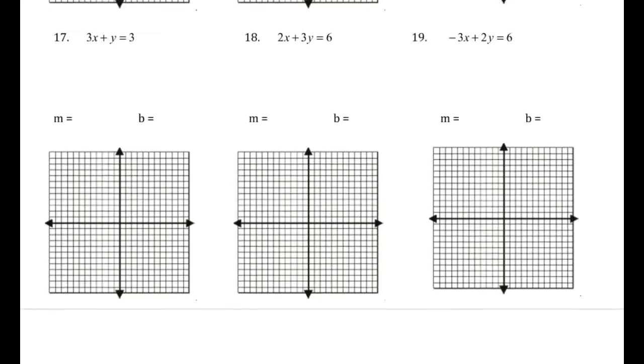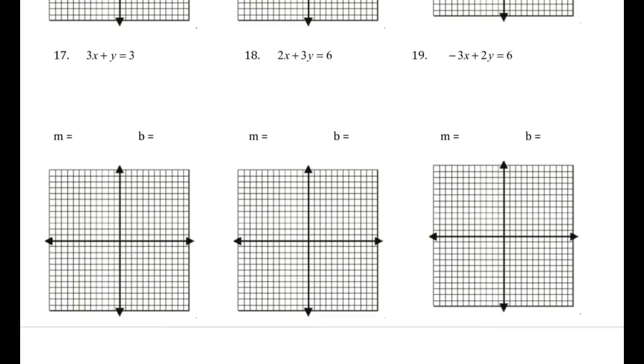Good. Let's go down to the last part where we've been practicing this week. So remember, you're trying to get into that form y equals mx plus b. Let's do the last one together. Remember, we're trying to get y by itself. In order to do that, we have to get rid of everything else. So first I'm going to get rid of the -3x, and then the +2. So first get rid of -3x, add 3x,